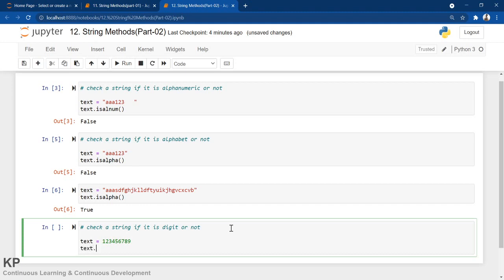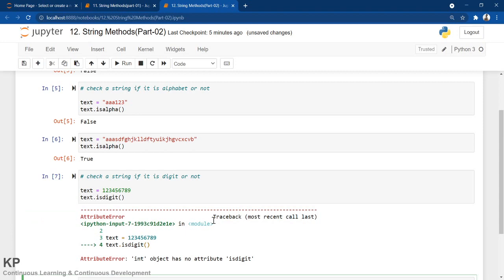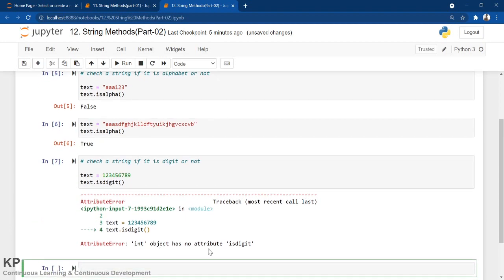Text dot isdigit. So see here, int object has no attribute isdigit. Just pause the video for 5 seconds and think, can you tell me what the error is here?